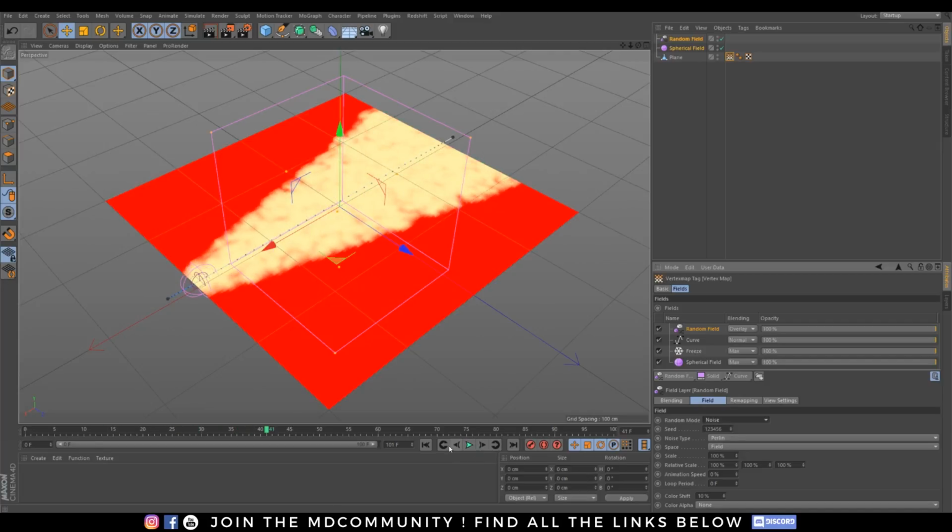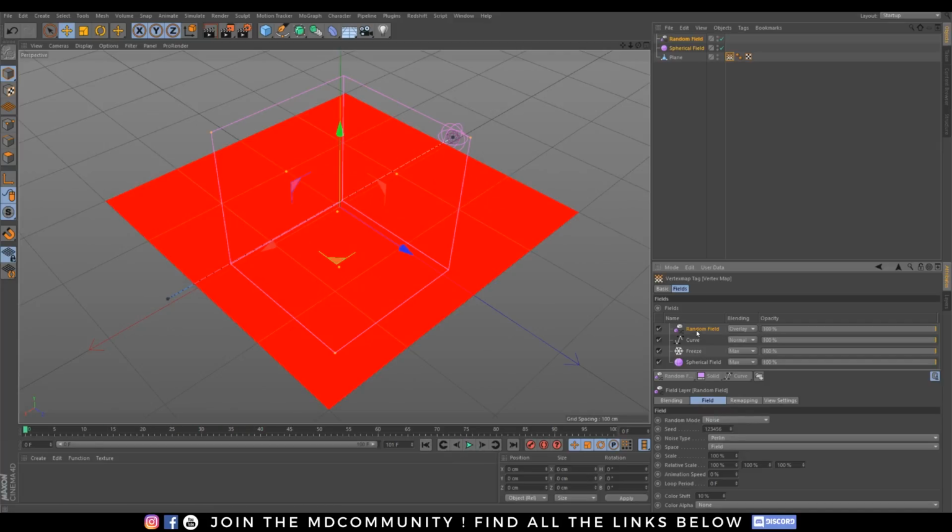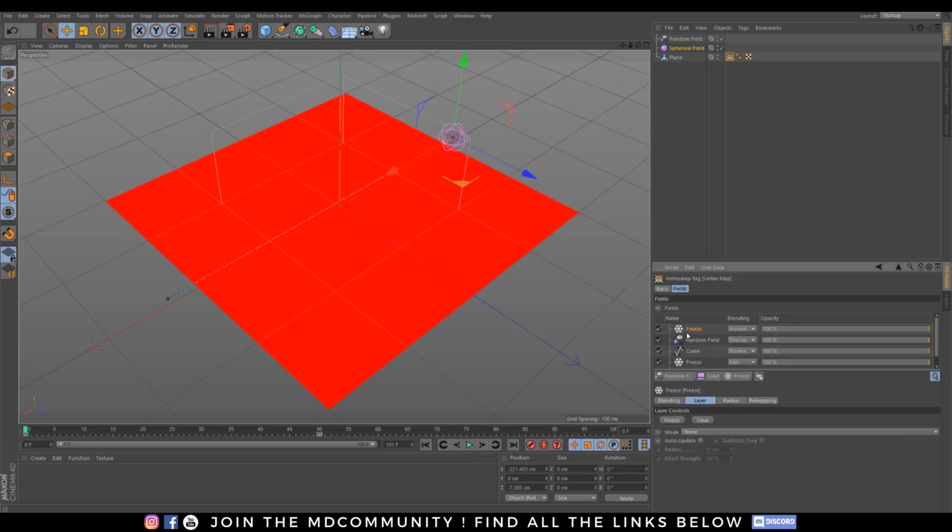Okay. Right now I want to add my other freeze. Let's go. Let's select. Let's use freeze, and I want to set it into average mode, auto update, and I want to increase this value to have an effect coming.